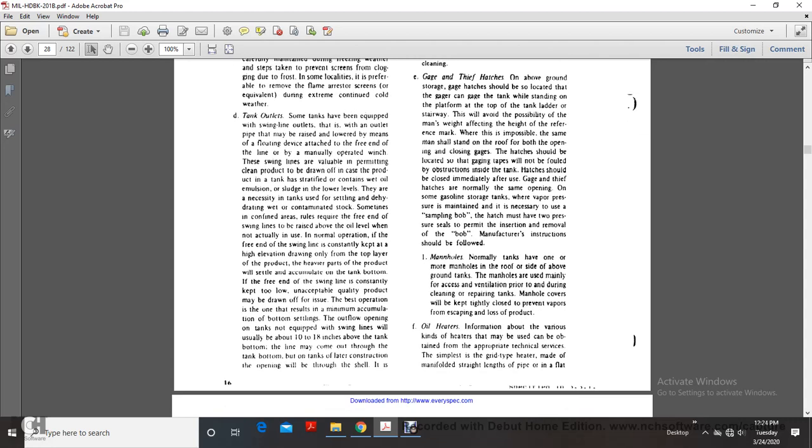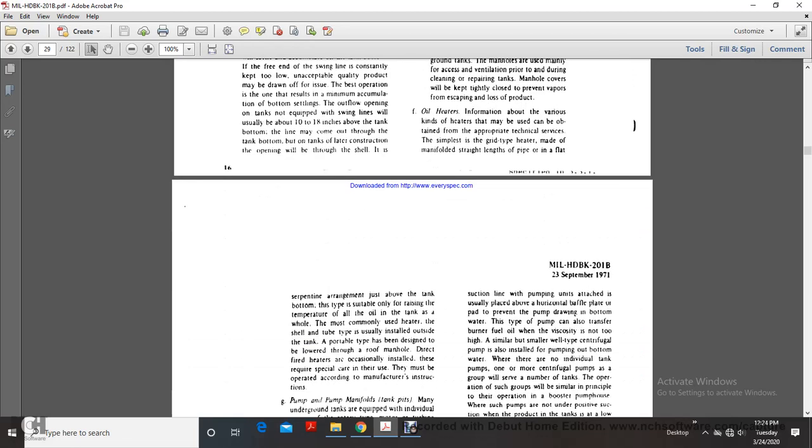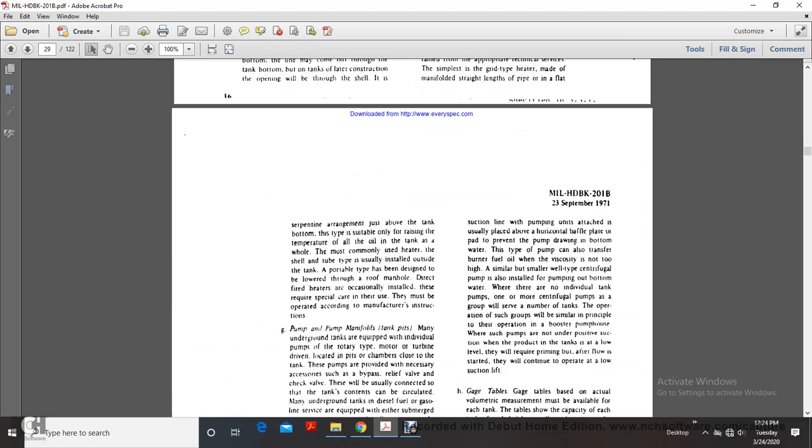Heaters. Information on the various kinds of heaters may be obtained from the appropriate technical service. Simply, a grid type of heater is made of manifold lengths of pipe, or a serpentine arrangement just above the tank bottom, only raising the temperature of the oil locally rather than the tank as a whole. Most commonly used is the heater for the shell, which is usually installed on the outside of the tank, or the portable type that has been designed to be lowered through the roof manhole, with the direct